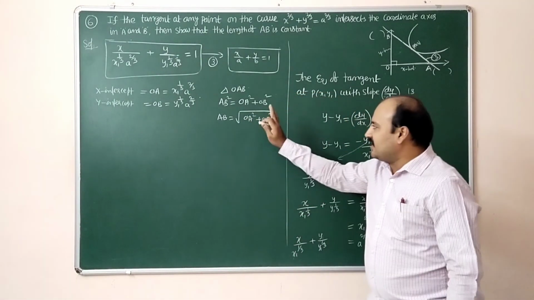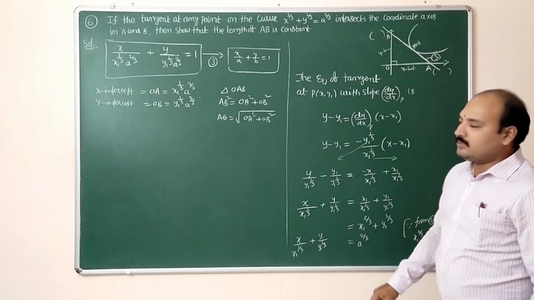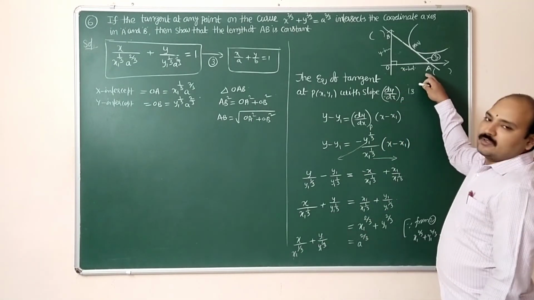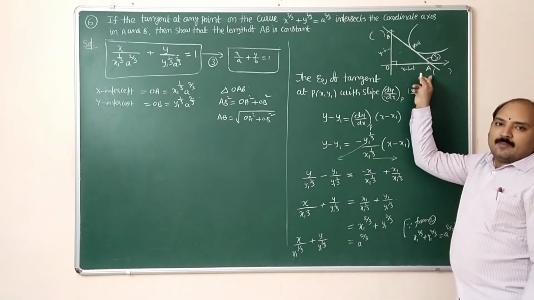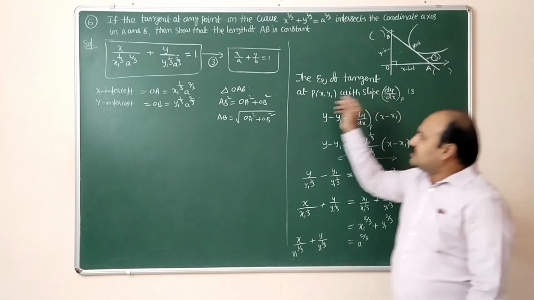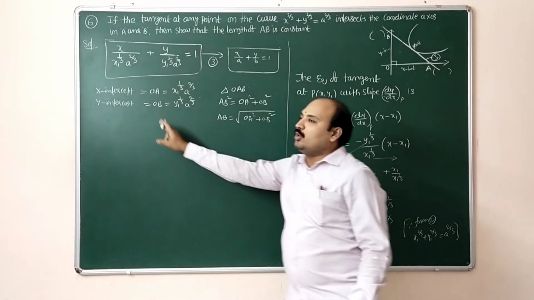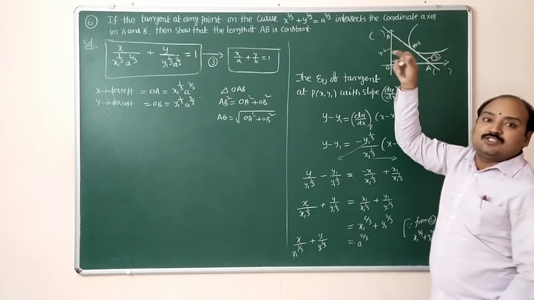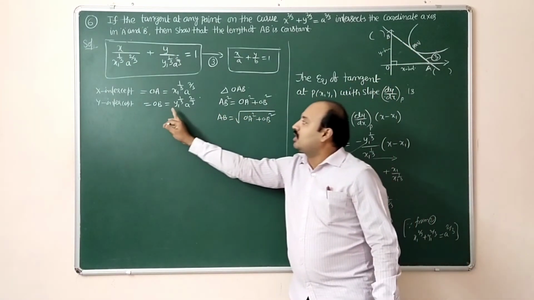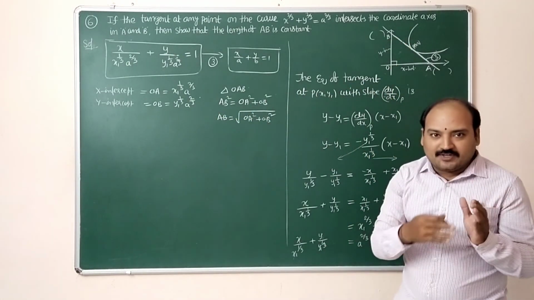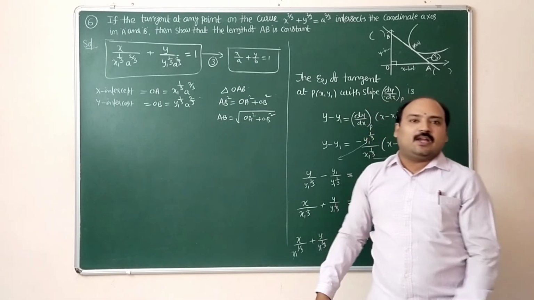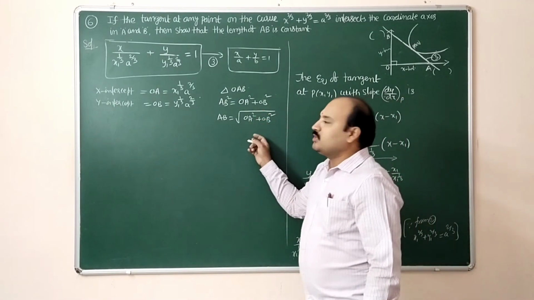Suppose if you don't want to apply this Pythagoras theorem formula, this is the x-intercept, so the point A becomes (a, 0). This is completely this value comma 0, and the point B is 0 comma b, that is 0 comma this value. After getting the 2 points, distance between 2 points also you can calculate. Otherwise, you can approach this method.